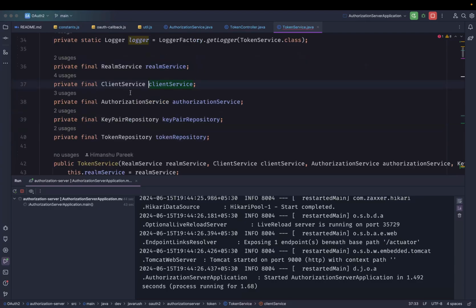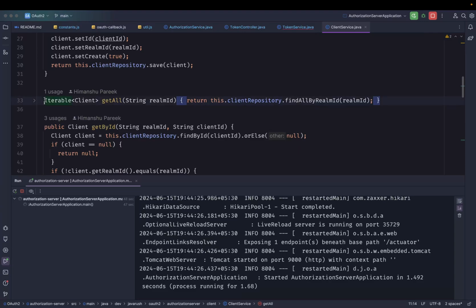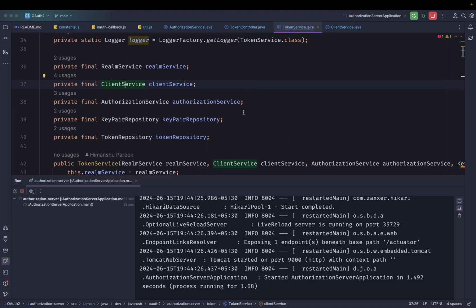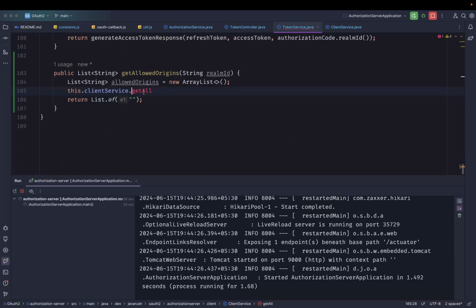Okay, let's go to client service. I think there should be a getAll method. Okay, but it is not public. So let's make it public. Now the getAll method is public. We have one related problem here. Okay, dot getAll, and it needs a realm ID. So this will give us all the clients for the given realm ID, and